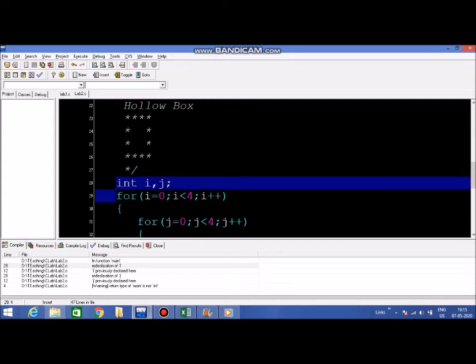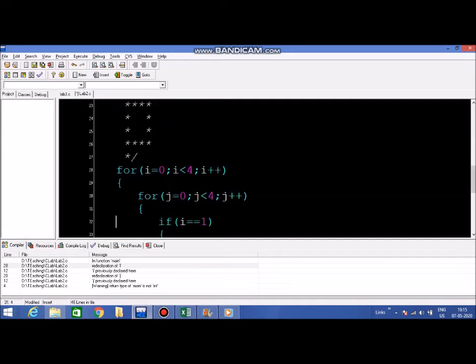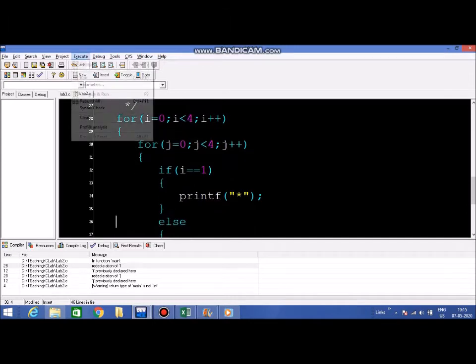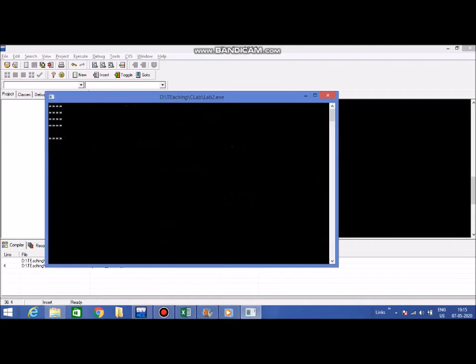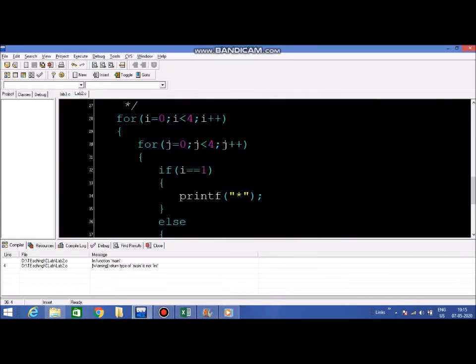Not required. We only need to declare them once. So that was one error. Now let's run it again. Compile and run. And you see the box of stars for the first piece of the loop. The second time it printed stars, and if you notice, the cursor is here. Spaces were printed after that. So that is what happened when I said i is equal to 1.